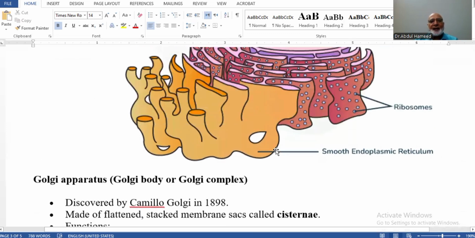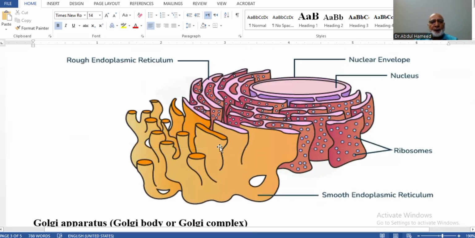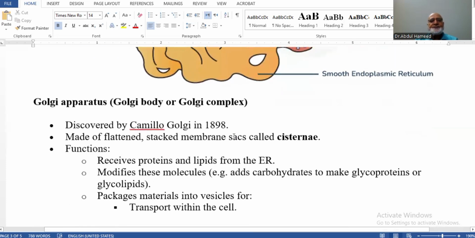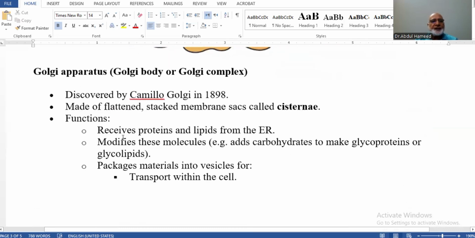So keep in mind that the individual tube-like structure in the endoplasmic reticulum, and in the Golgi apparatus, is named cisterna, and the plural is cisternae. The function of the Golgi apparatus is to receive proteins and lipids from the ER, the endoplasmic reticulum, mostly smooth,